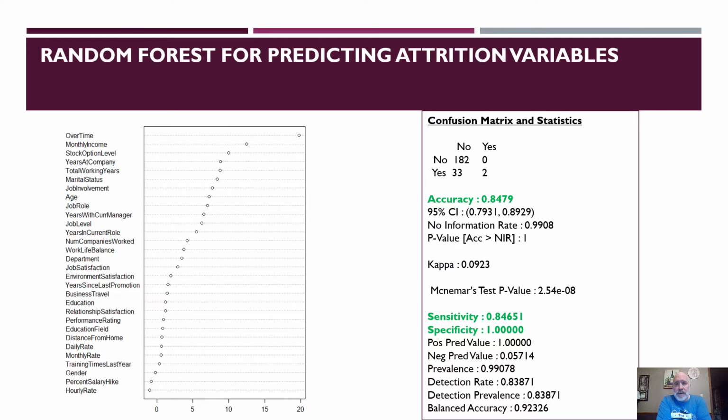So next we decided to look at the attrition variables and what variables are affecting attrition. So you can see here when we used random forest, it identified several items that would be considered impactful to the attrition rate. So that's overtime, monthly income, stock option level, years at company, total working years, marital status, etc. So you can see here which variables are having the most impact. And the random forest confusion matrix actually shows a rather high accuracy rate, sensitivity of almost 85%, and a specificity of